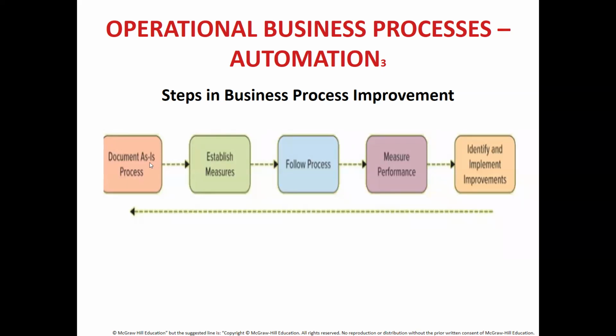Now, if you have a look at the diagram, this is the entire improvement process, and then it goes back to where it started. What it simply means is that this is a continuous process which needs to be followed at very regular times and on an as-needed basis. For example, if a new technology shows up, if there's a demand from customers, or if there's a demand from internal or external parties, then the processes need to be improved.